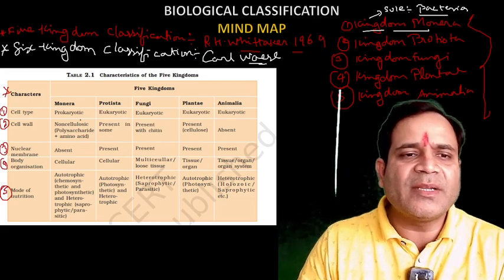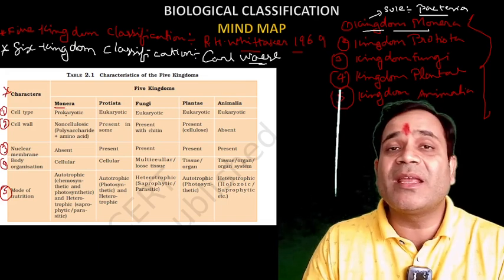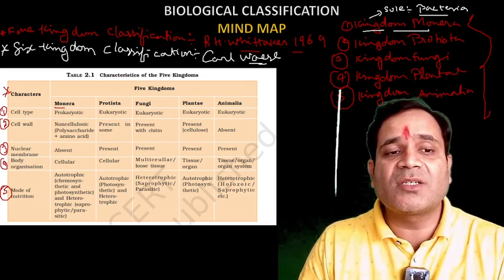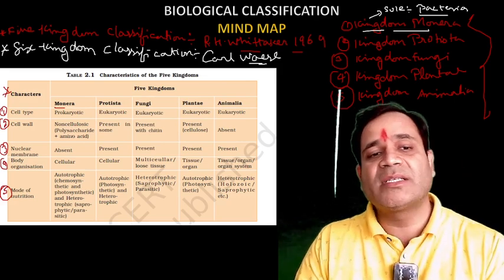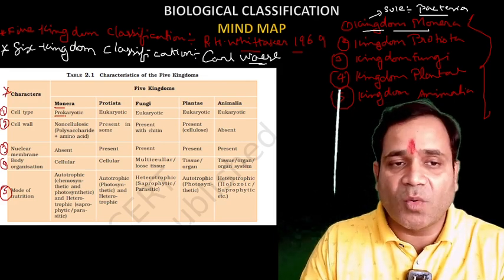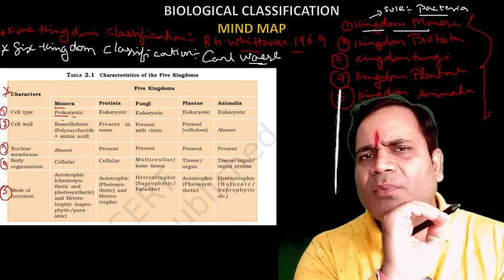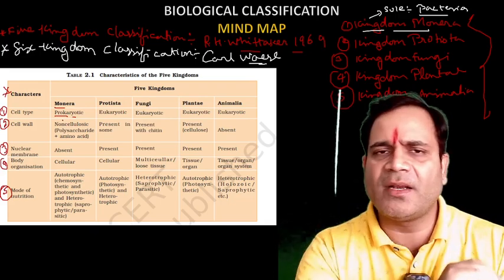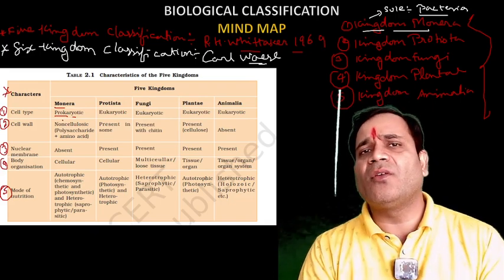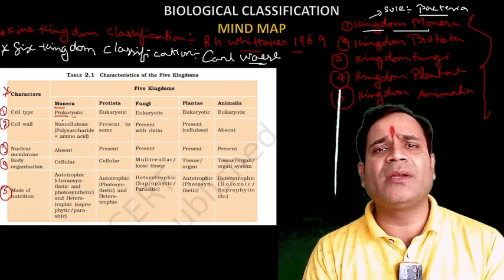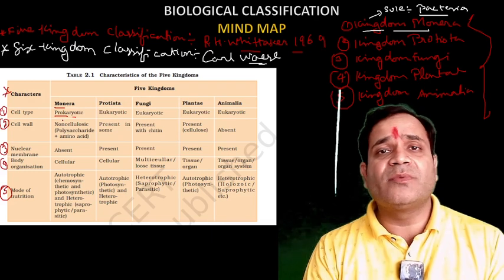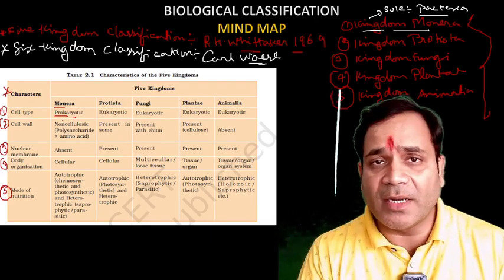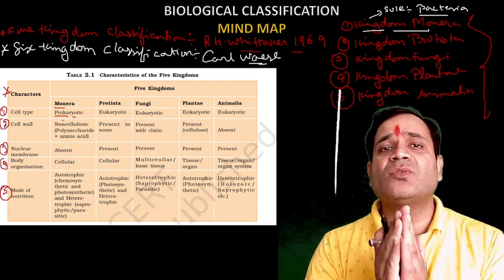First, the cell type of kingdom Monera, my dear. Listen, for all these five characters, when I'm telling about the cell type of kingdom Monera, it is prokaryotic. Hopefully you know prokaryotic and eukaryotic. Pro means primitive, karyon means nucleus. So the organisms which have a primitive nucleus, meaning they do not have well defined membrane bound organelles, are known as